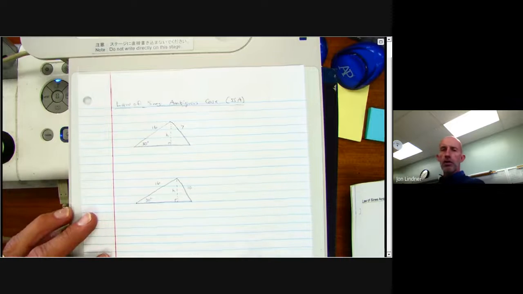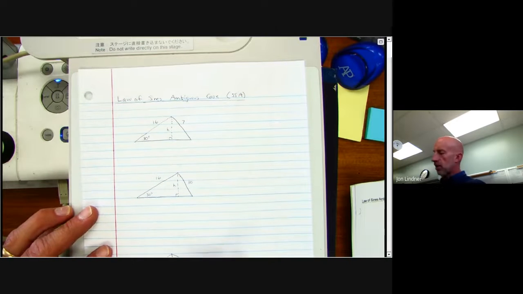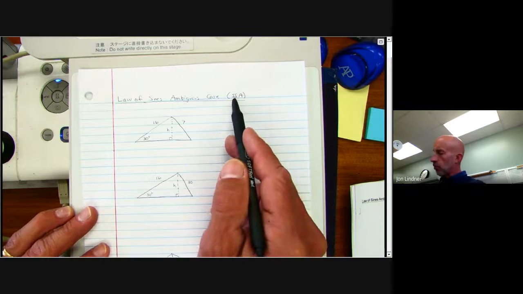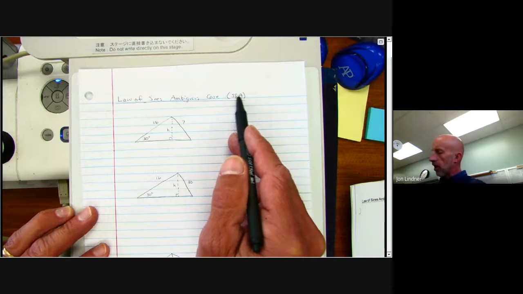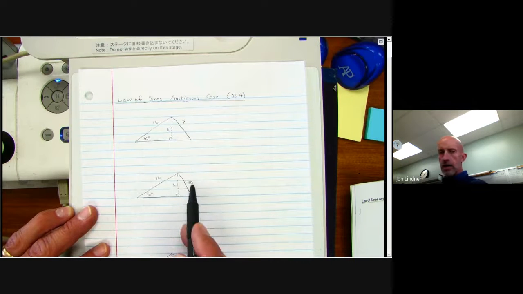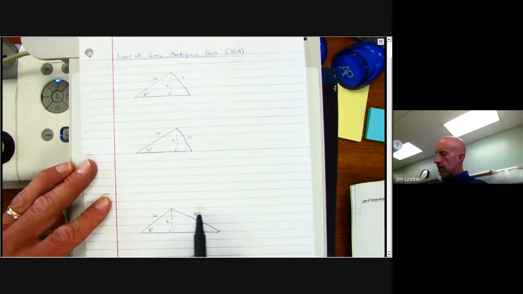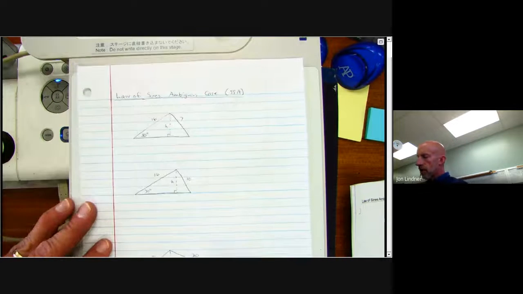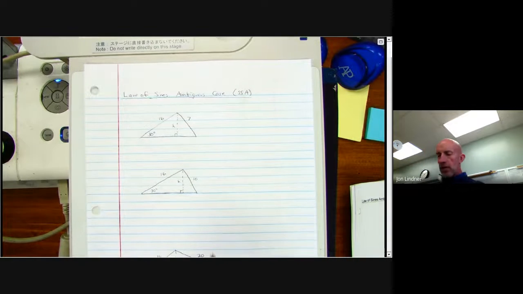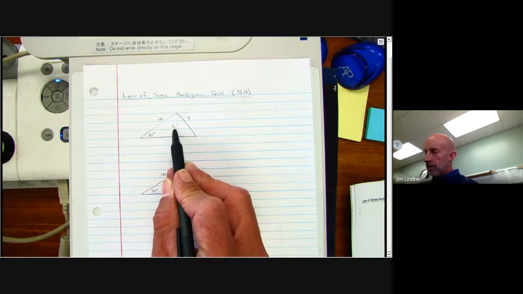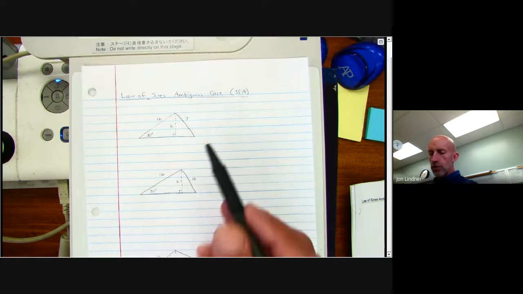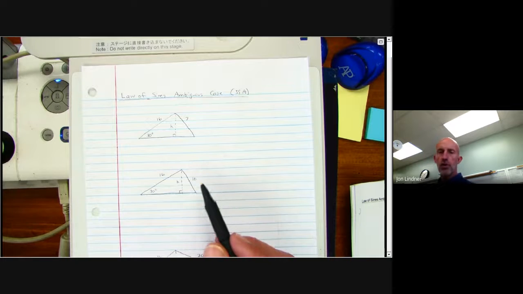All right. So the law of sines ambiguous case has three different situations. But they all center around when I'm given a side, and the adjacent angle. Side, side, angle. But what we have to do when we're talking about the ambiguous case is we always have to calculate the height first, because the height is going to tell us whether we have one triangle possible, two triangles possible, or